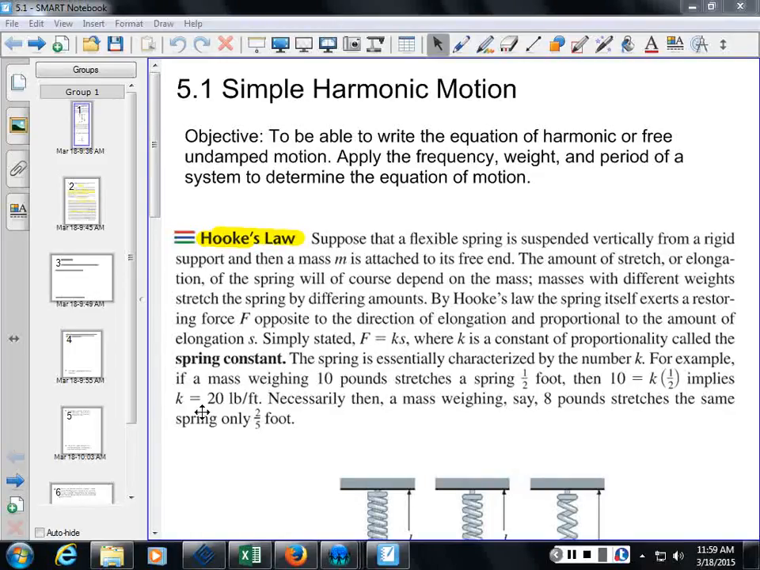Our objective for this section is to be able to write the equation of motion as simple harmonic motion. This is broken up into two parts. There's what's called the simple harmonic motion, or the undamped motion equation. And then the second part would be the damped motion, where the undamped, meaning that if you have a spring